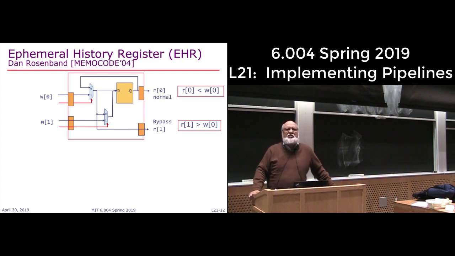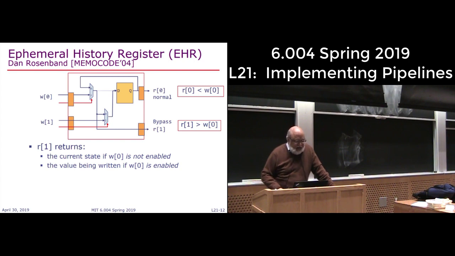I call it an ephemeral history register because it lets you look a little bit into the history even though there is only one register out there. EHRs are the primary way of introducing bypasses, increasing channels of communication in BlueSpec. So R1 returns the current value if W0 is not enabled, and the value being written if W0 is enabled. And similarly,